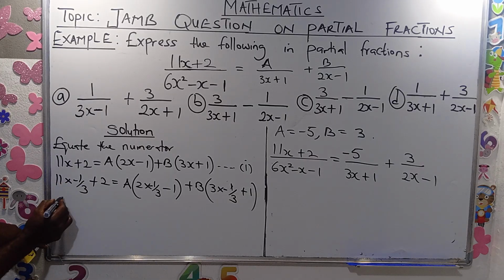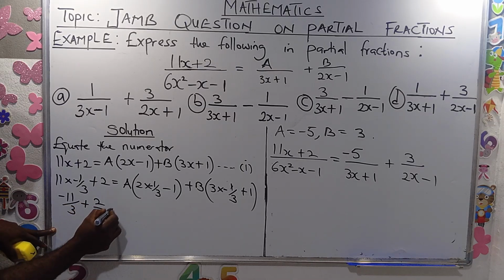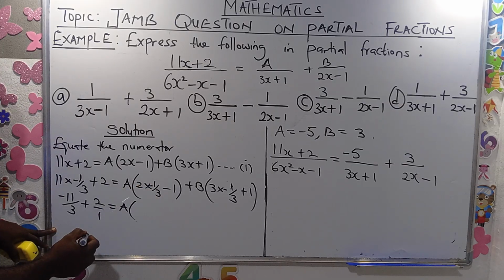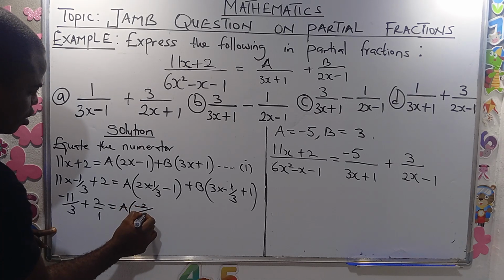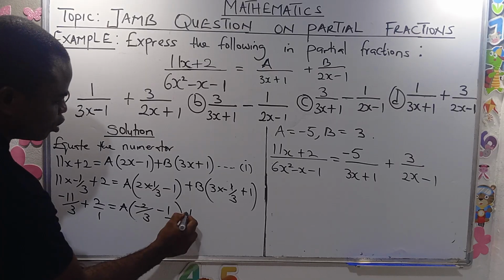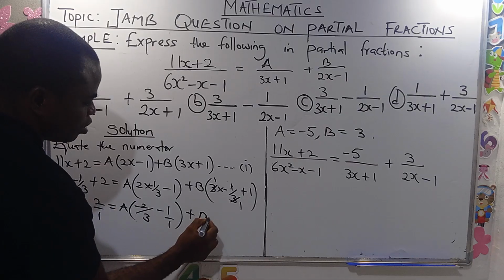Now 11 times minus 1, that's minus 11 over 3 plus 2 over 1 equals to A into 2 times minus 1, that's minus 2 over 3 minus 1 over 1 plus B, 3 cancel 3, you are left with